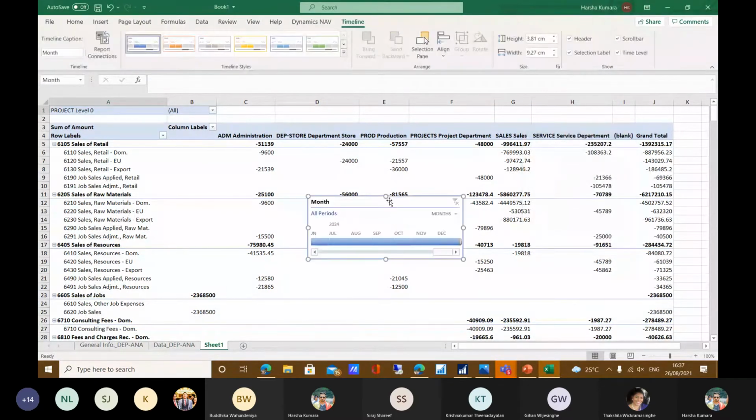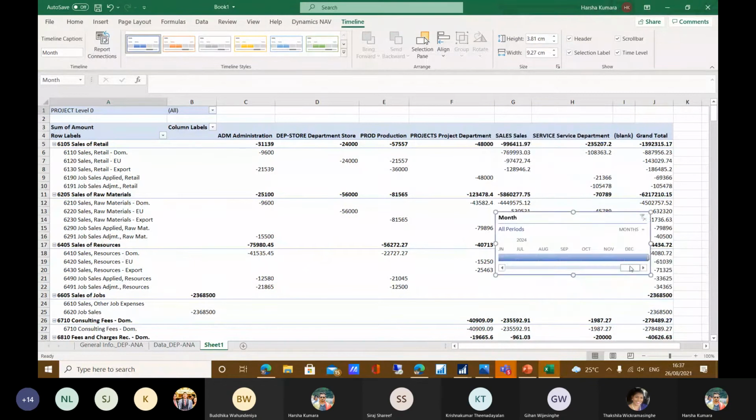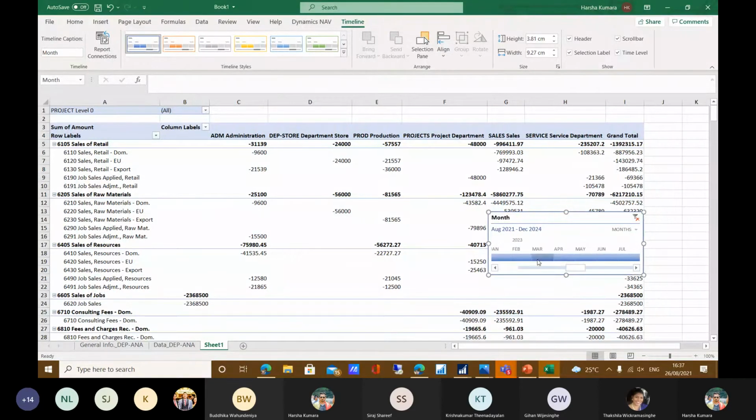Yes. Now let's say you require to see the 2024 figures. Then I can easily go to the time slicer and reduce the figures up to 2024.